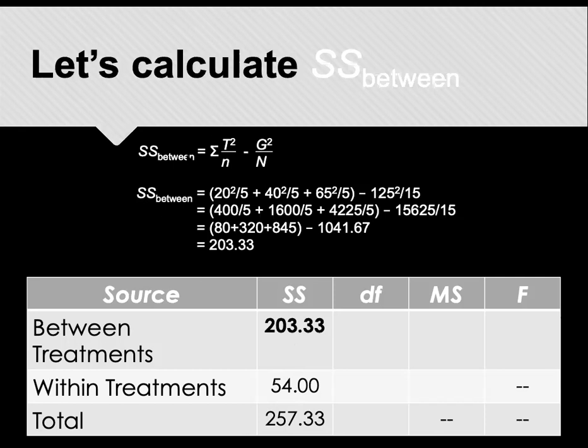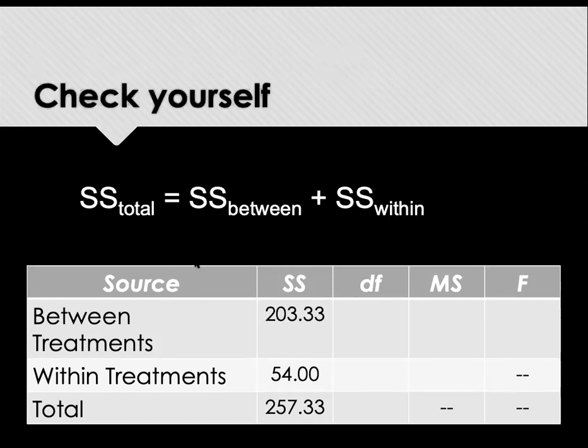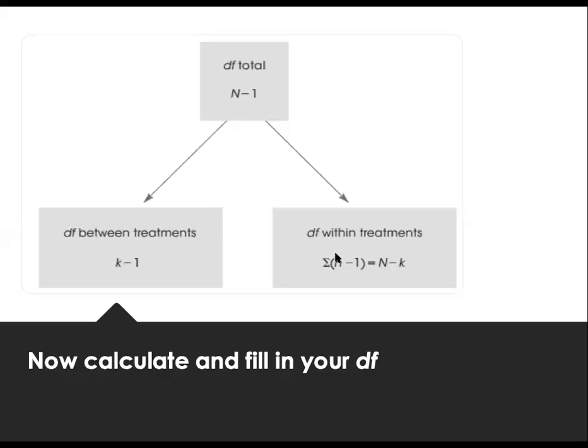If you don't wanna bother with this calculation of sum of squares between, you wouldn't have to, but I think it's a good idea because that way you can check your math, right? Okay, so let's move on. Oh, here we go. Sum of squares total should equal sum of squares between plus sum of squares within. That's what I was just talking about. Okay,